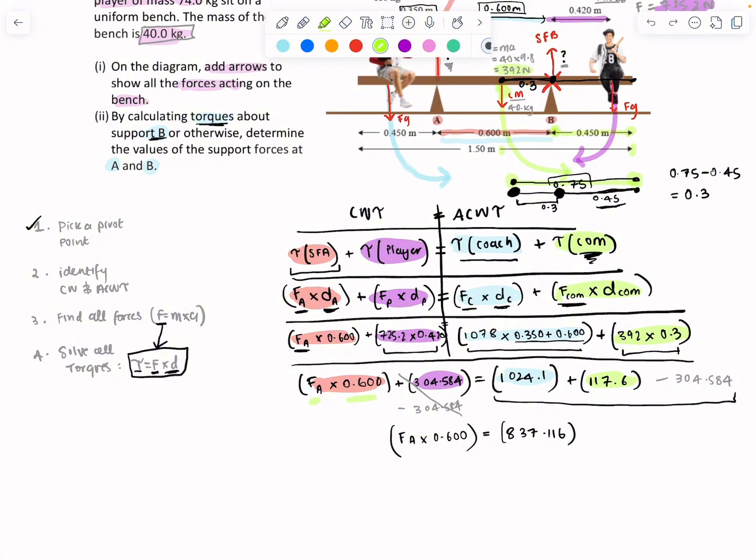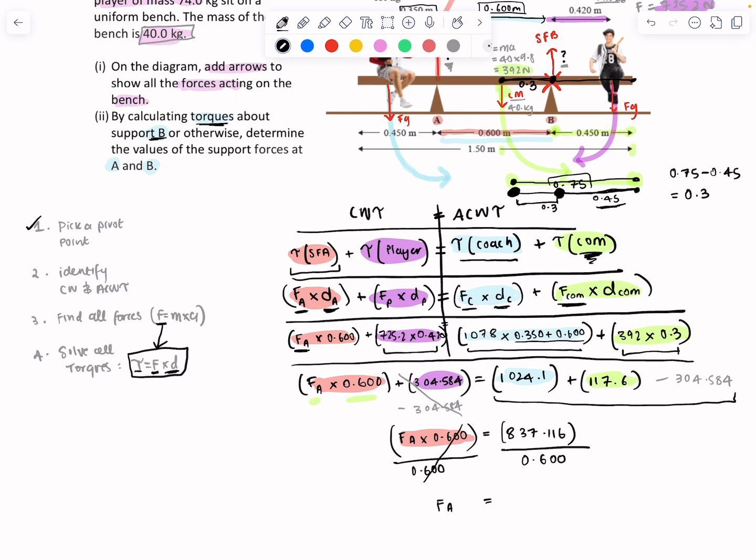So what do we do now? We need to rearrange some more. We're almost there. We need to get rid of this times 0.600. The way to get rid of that is to divide this whole side by 0.600 and divide this whole side by 0.600. Okay? And so what we get is FA